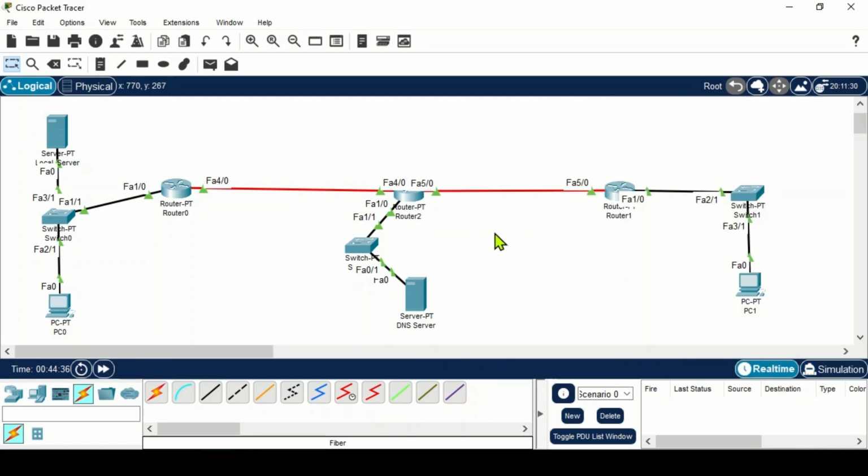Go back to real time, and when you test, everything will work essentially as it would do in real time. And that brings us to the end of the